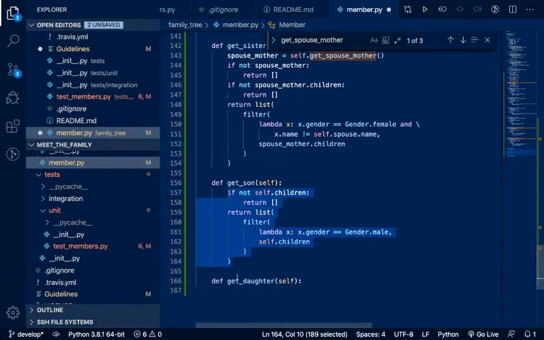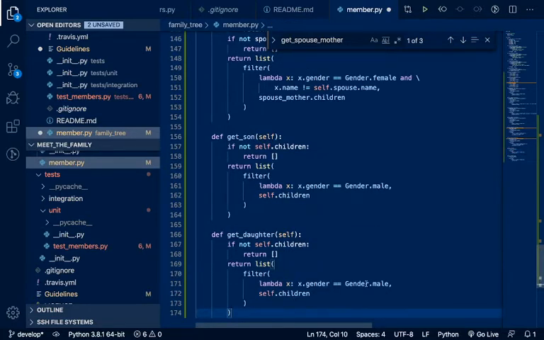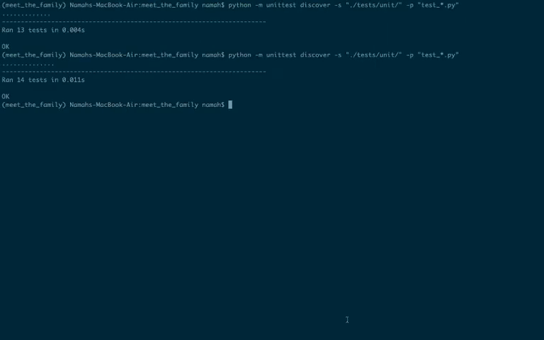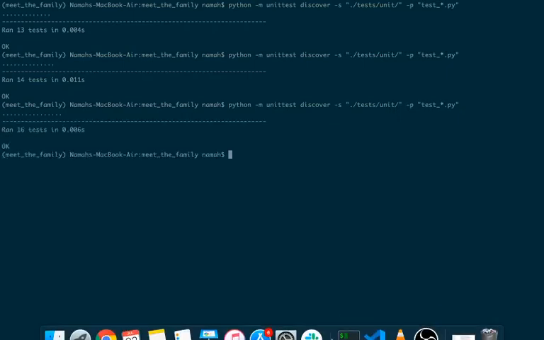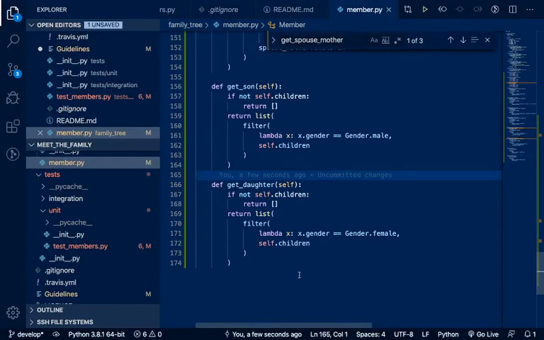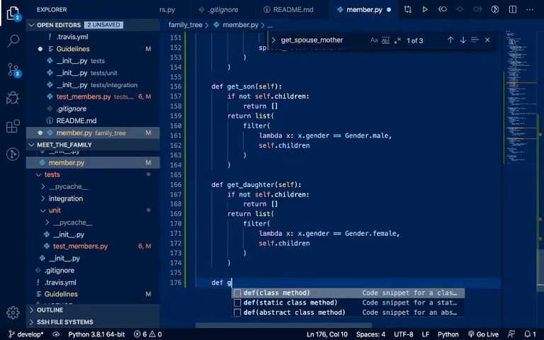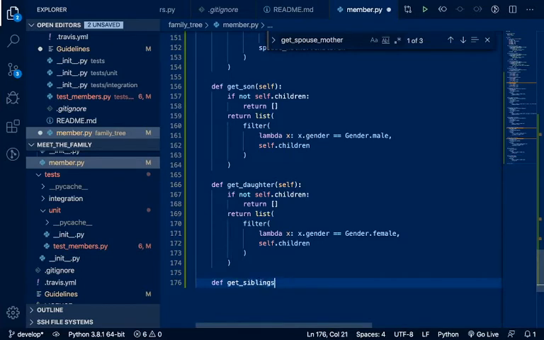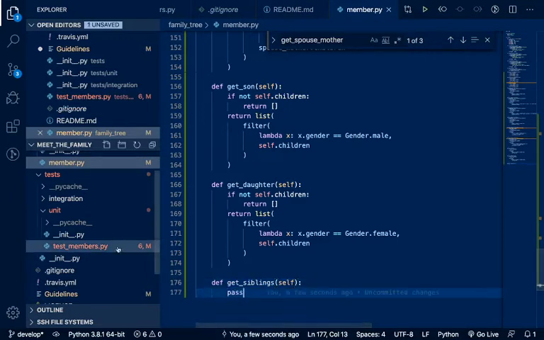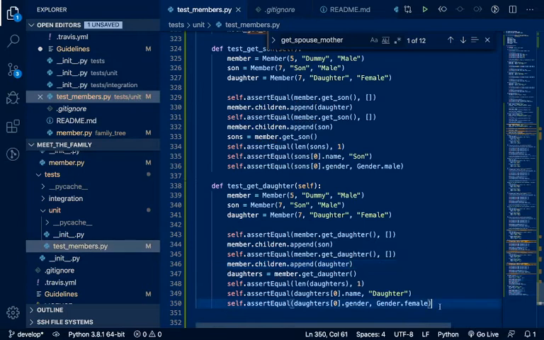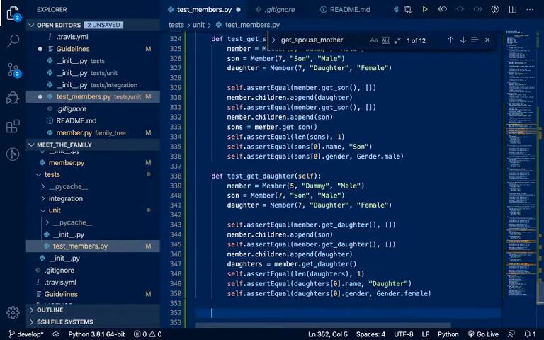It's going to be the same thing, except this is going to be female, right? So our tests should pass for these as well. Yup, all of our tests pass. And now we get to the final one, which is get siblings. So for now we let this pass. So for siblings,